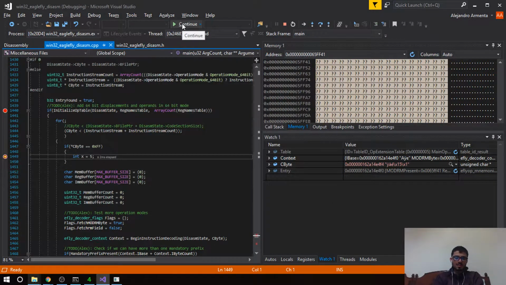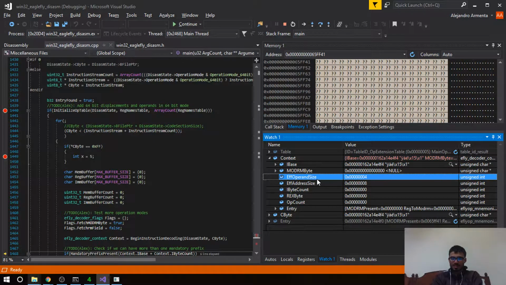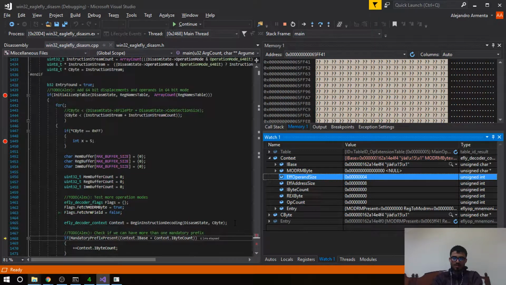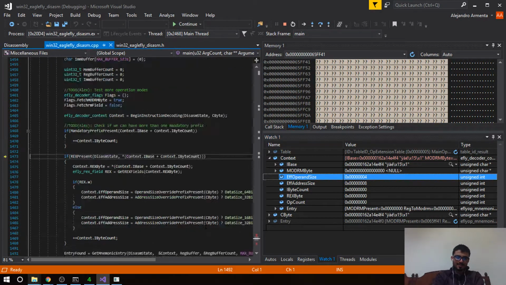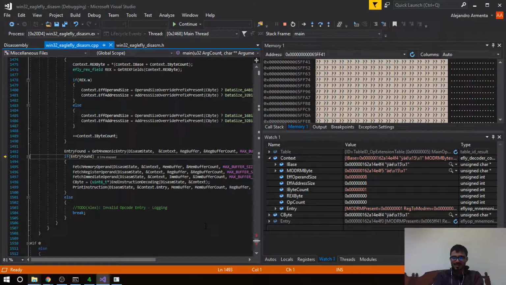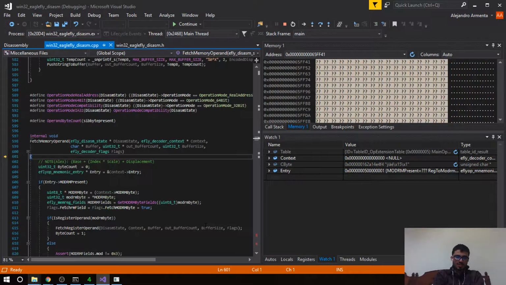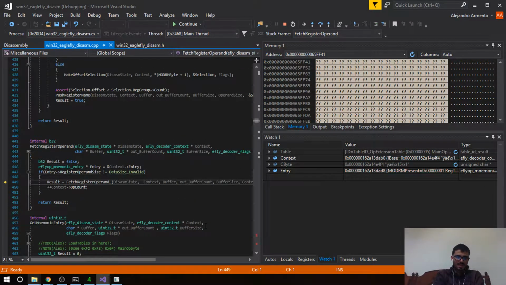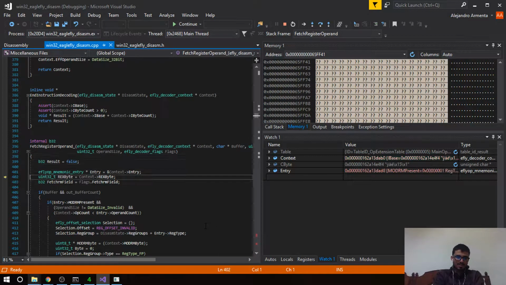So this is the thing. Let's see what happens. You know, we have an effective operand size of 4. Oh yeah, my bad. I was like, now we have an operand size of 8. We have an I byte count of 1. Fetch the memory operand. We have this. We say, hey, pass it on, fetch it, whatever,